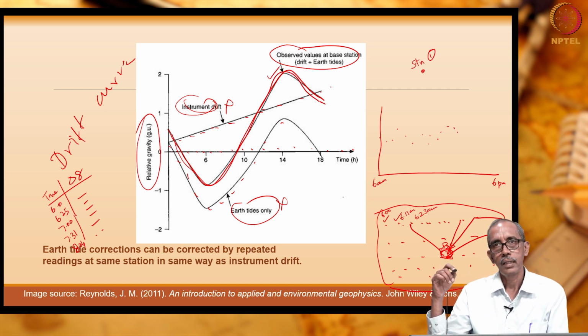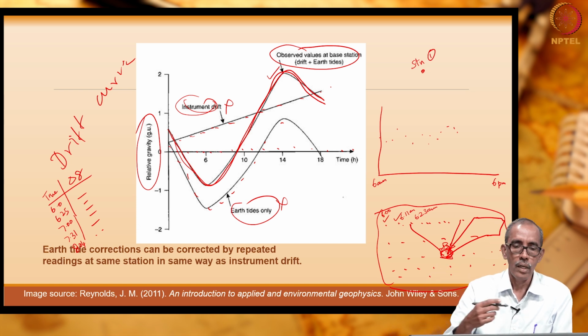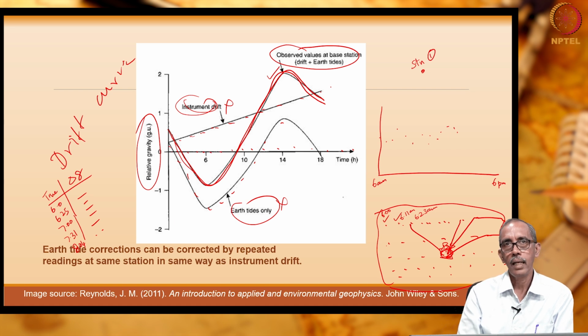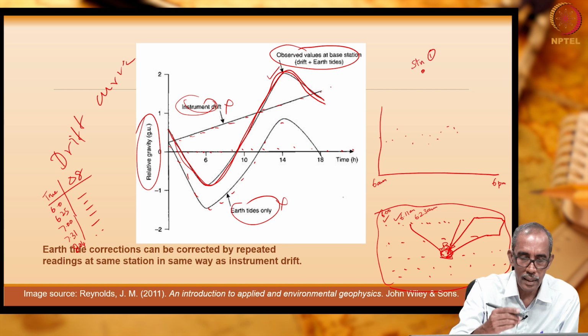Then we need to apply the drift correction. While applying the drift correction, we may now decide what is going to be our reference time. It is left to us. Let us now imagine we are going to change the values we have measured at different times, making use of the drift curve, as if they were taken at the same time. Which time? That discretion is within us. We will decide. Let us say I am going to change all the readings as if they were taken at 12 noon.